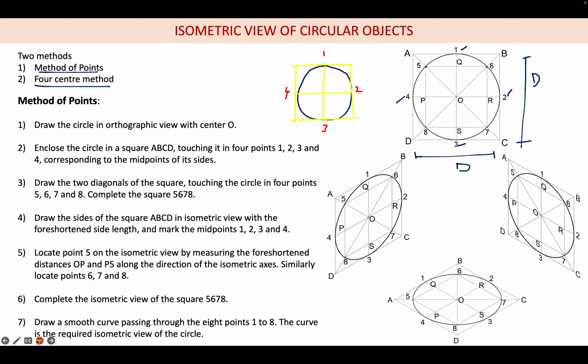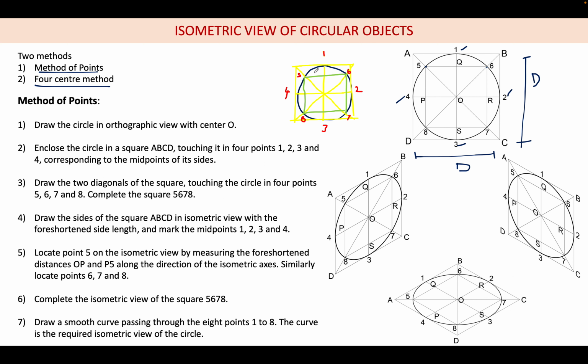Now I am going to mark the diagonals of the square like this. Now another square will be generated, that is the inner square. If I connect like this, and like this, I will get another square. Those points I am marking as 5, 6, 7 and 8. So this is the method of points, which means that I have now generated 8 points